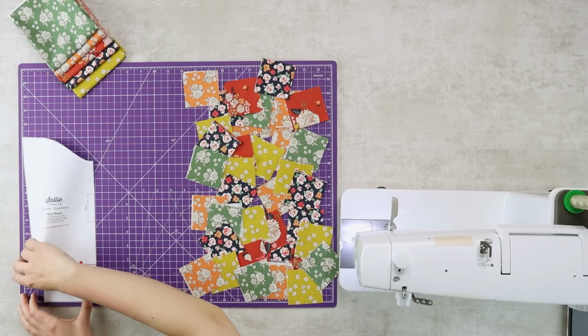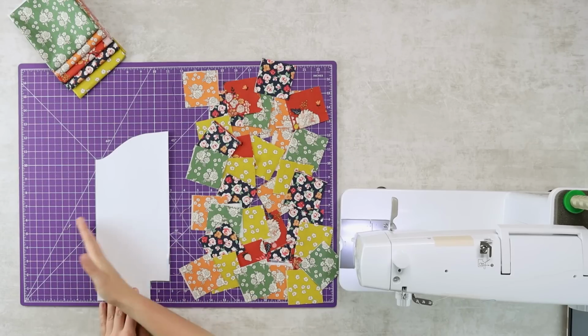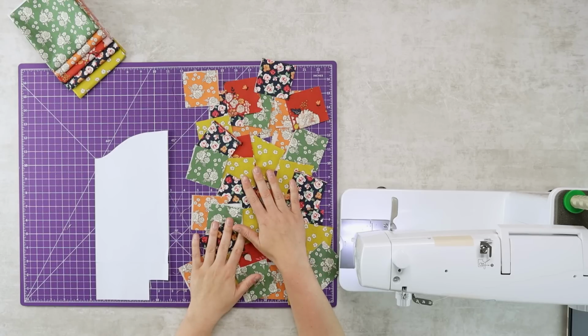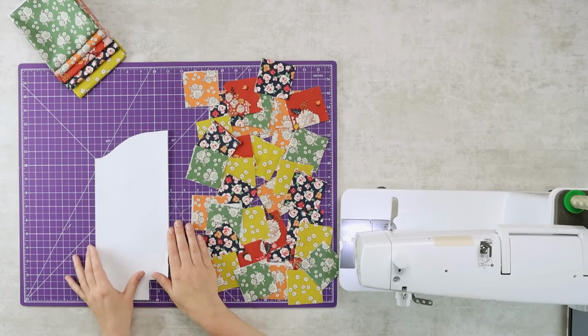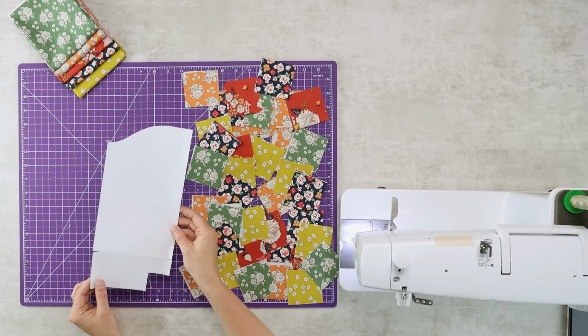and then if we flip our pattern piece over, the width of our pattern piece is about 11 inches. So we could make the block at least 12 inches wide. Otherwise, to make it a little bit easier for piecing our blocks together, we could aim to create a block that is 14 by 14 inches square, and then it's easier to position and decide the final placement of our pattern template. So I'm going to set this aside